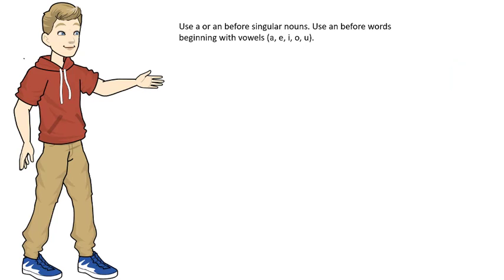Use a or an before singular nouns. Use an before words beginning with vowels. Again, مرة تاني, A, E, I, O, and U are the only vowels in English. خلي بالك احنا بنضيف الأداة a أو an قبل الword, مش الأفعال, مش الverbs. يعني ما تنفعش تقول a play يلعب, ما تنفعش تحط a أو an قبل الأداة, دي بتيجي قبل الكلمات المفرد only. For example, say